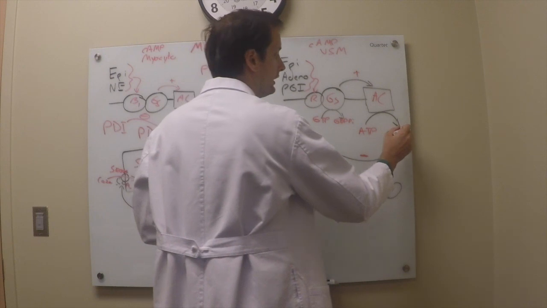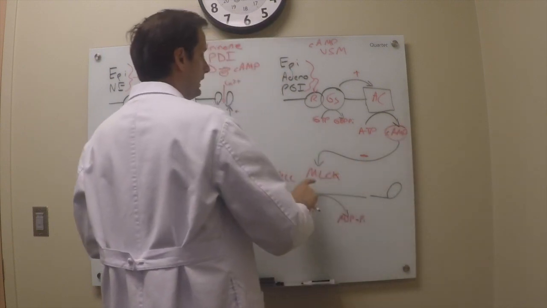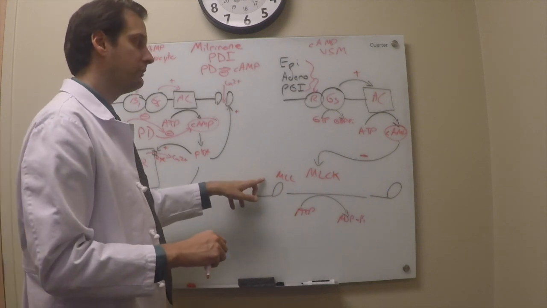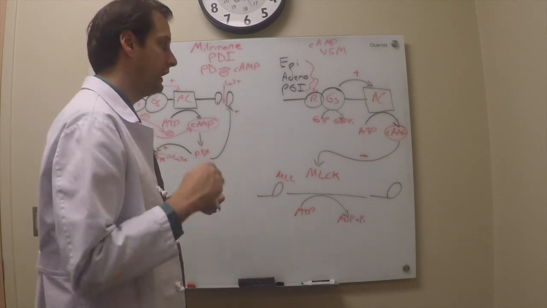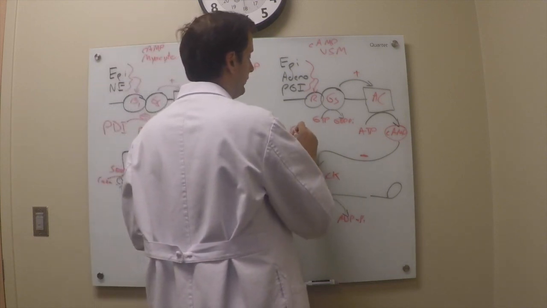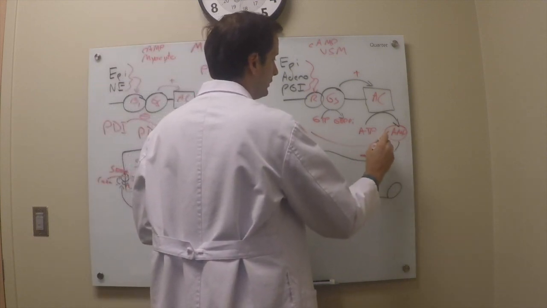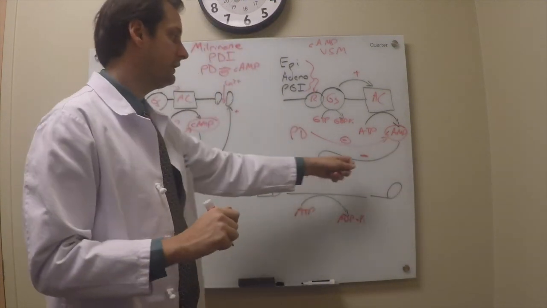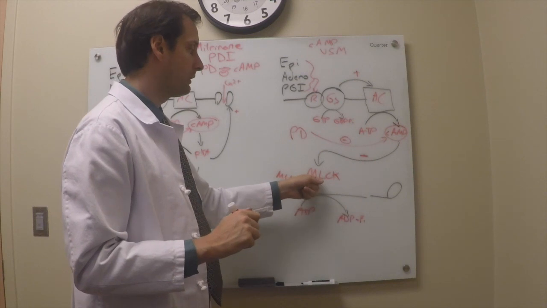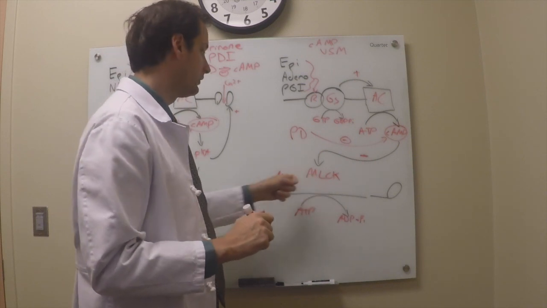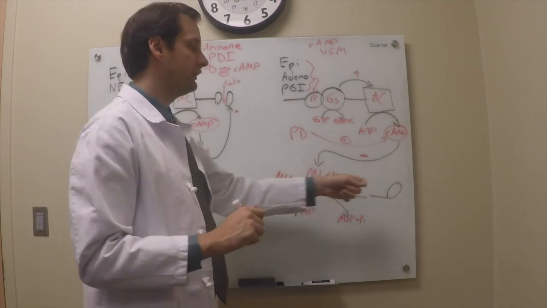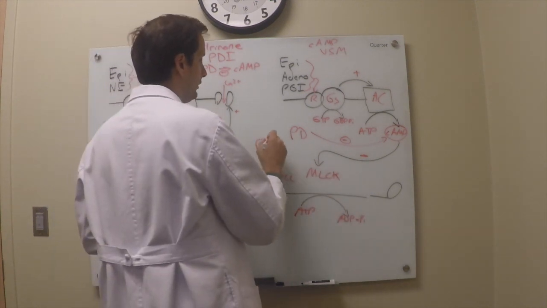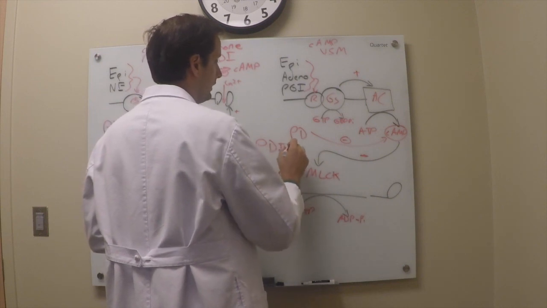So what we find here is that cyclic AMP inhibits this enzyme and thus inhibits phosphorylation of your myosin head and myosin-actin cross-bridging and contraction. So if I have a phosphodiesterase, which is going to inhibit that cyclic AMP, that means that inhibitory effect is taken away. I have more myosin light chain kinase available to phosphorylate my myosin light chains and greater actin-myosin bridging and cross-bridging. If I have a phosphodiesterase inhibitor, the